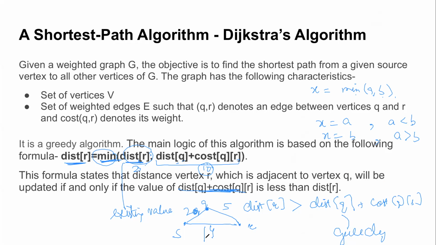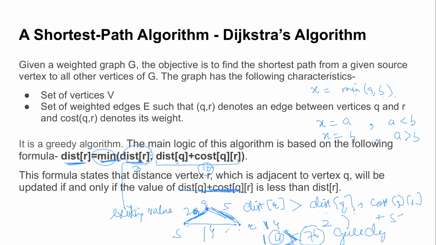Exactly. So you can see it's not the concept of direct or indirect. But here, since we are in weighted scenarios, we are trying to look at the minimum weight. In the first case, distance of R was 4, distance of Q was 2, and the cost of the edge Q and R was 5. So we had 4 less than 7, so the minimum would give the previous one only. Distance of R remained distance of R. But in the next scenario, when I changed it to 14, since 14 is greater than 7, I had to take the greedy approach. I would ditch the direct route and prefer to go via this intermediate route.